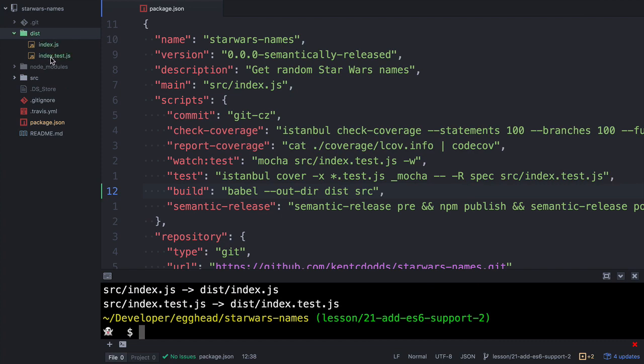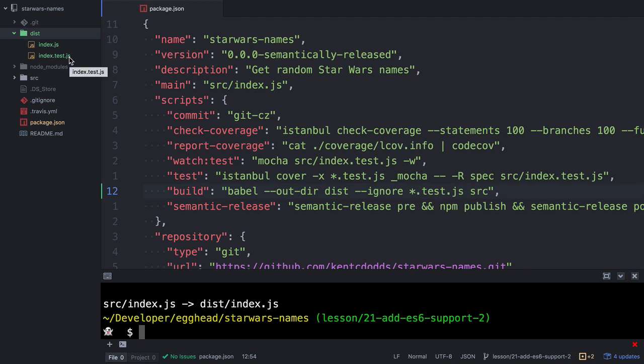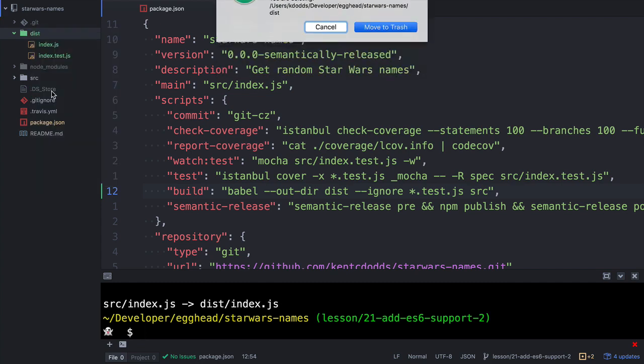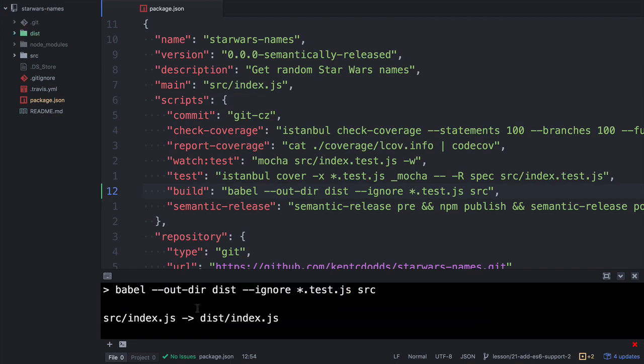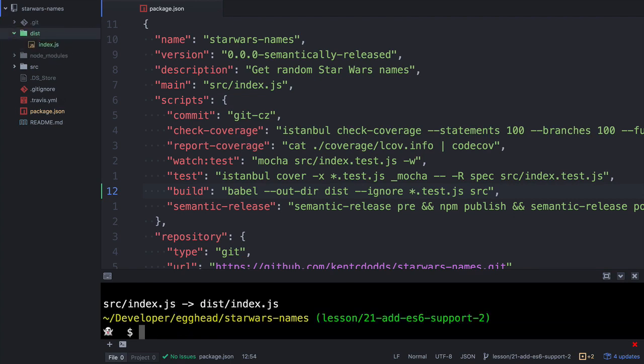However, we see that we have this index.test.js file in here, and we don't want to distribute our tests. There's really no reason to do that. And so we're going to add --ignore *.test.js. This will tell Babel to not worry about anything that has .test in it. Now if we run npm run build, we're going to see that the index.test.js file is still in the dist directory. Now this is simple enough to solve because we can just go ahead and delete that dist directory, and then we can rerun npm run build,